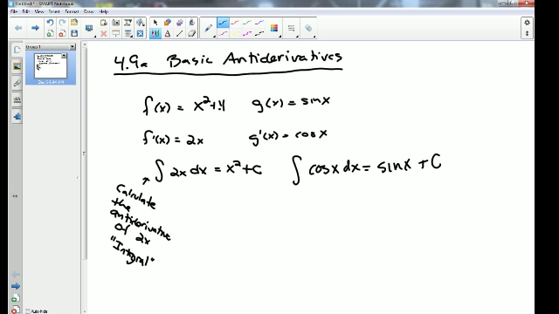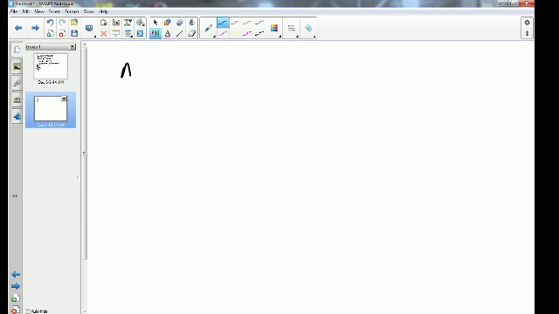Here is the formal definition. A function f of x is an antiderivative